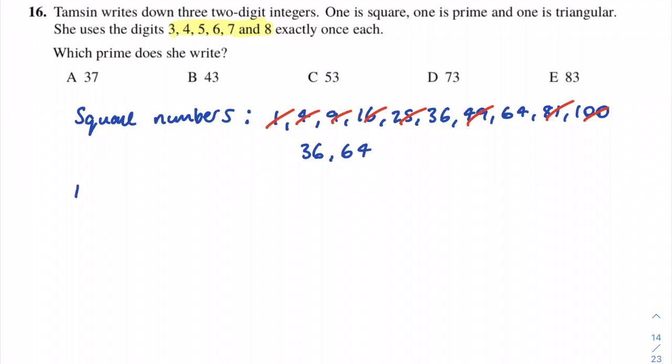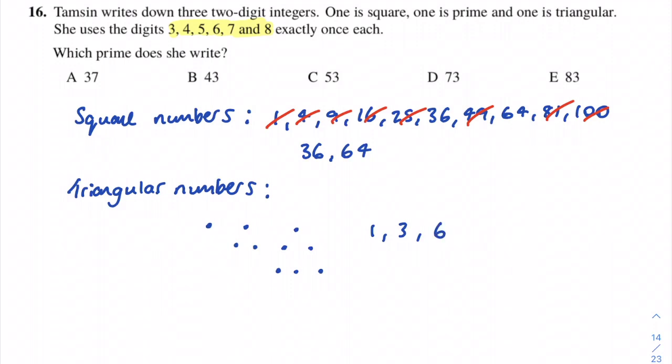Okay, what about the triangular numbers? Well, the triangular numbers, the way to remember them is by drawing some dots. Okay, so they look like this. So essentially it's going to be 1, 3, 6, 10. So basically the way triangular numbers work is we add 1 to the difference each time. So the difference here is 2, the difference here is 3, the difference here is 4. So next difference is going to be 5, which is 15. Then 6, which is 21, then 7, which is 28, then 8, which is 36,